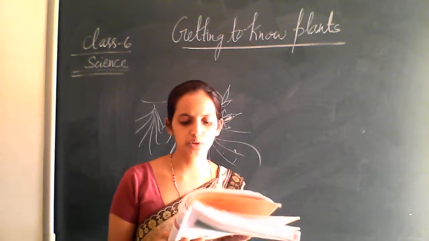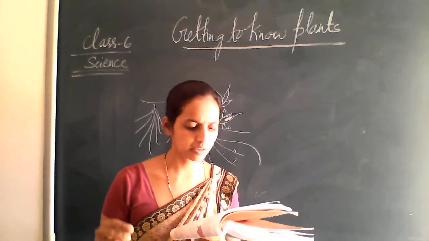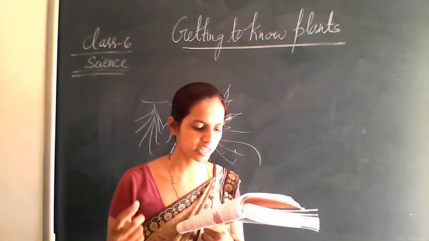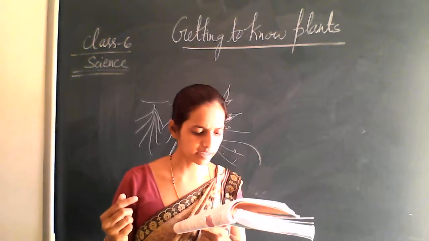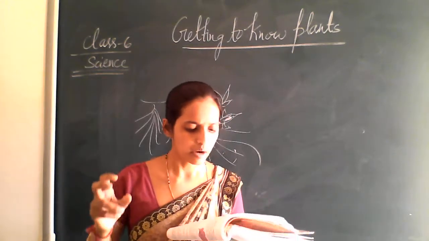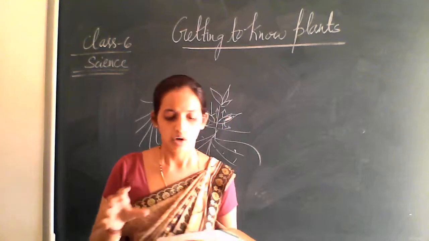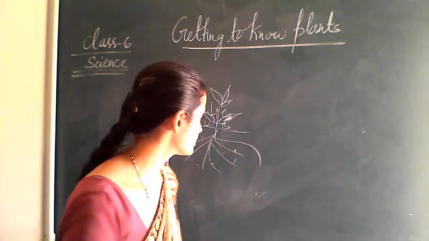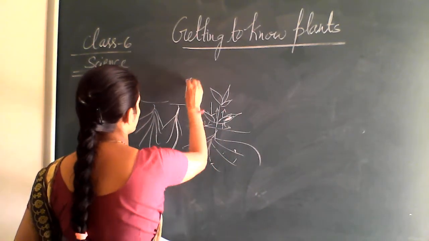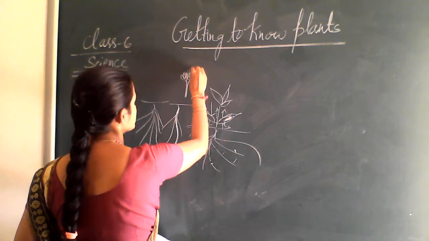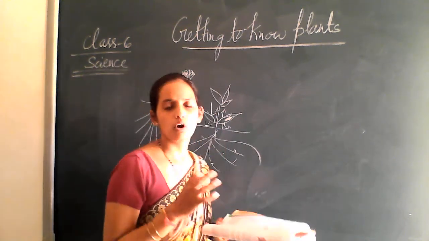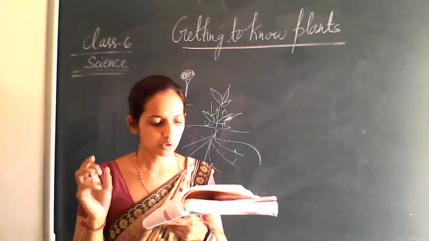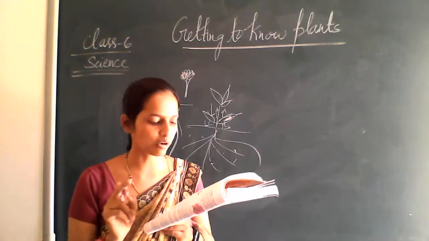When choosing flowers to study, avoid using marigold, chrysanthemum, or sunflower. You will learn in higher classes that they are not a single flower but a group of flowers, right? What they are actually saying about marigold: have you seen the marigold? It is composed of many small flowers. So that's why they have given it in the box.